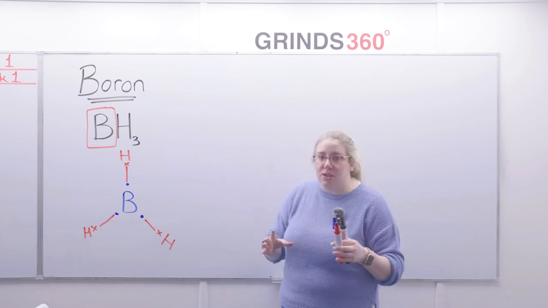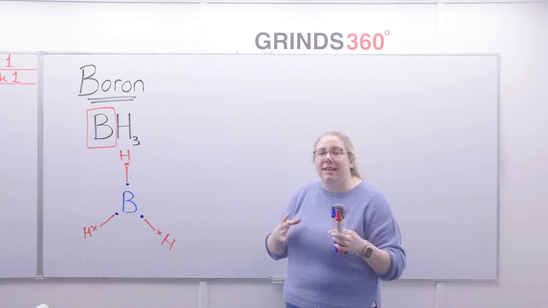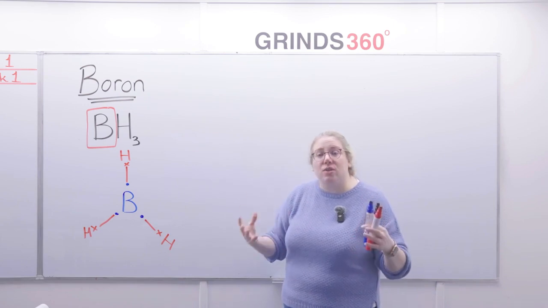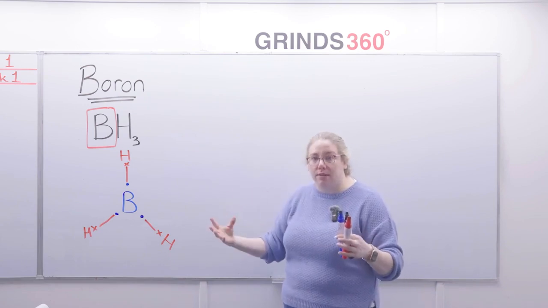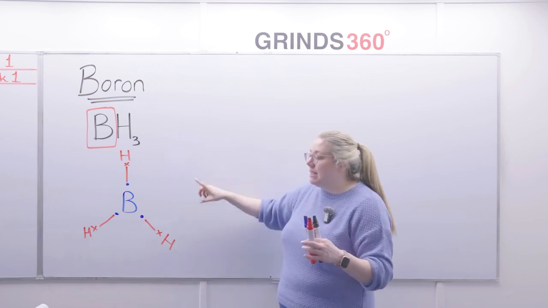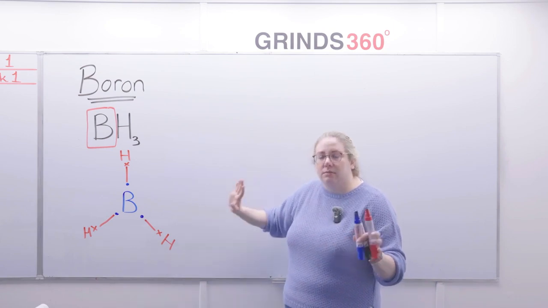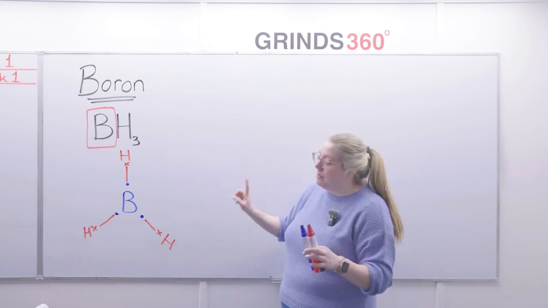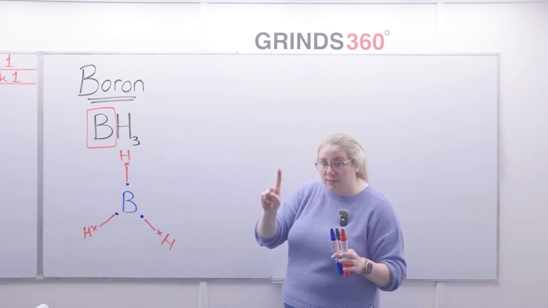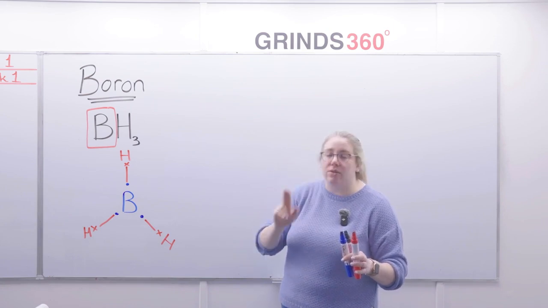Boron is an exception to the octet rule. It can't form more than 3 bonds because it only has 3 electrons in the outer energy level. It doesn't have any more electrons available to form a 4th bond. So it can have a maximum of 3 bonds, and all of its electrons in the outer energy level are involved in bonding. Now, even though it's not 8, it's fine. It's stable. Now, again, there's 2 traps that we can fall into here. Boron always forms covalent bonds, and 2, it actually will not have 8 electrons in the outer energy